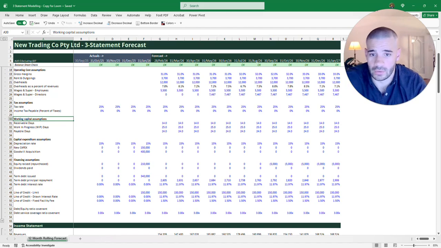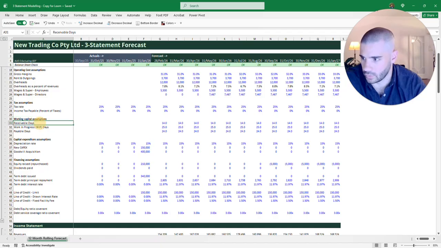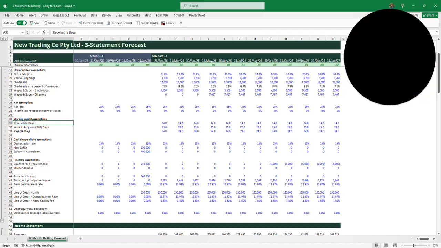Working capital assumptions. This is a really big one, and you need to think about this one a little bit more to make sense of it. Well, let's just work through this. The first one is receivable days. And this is an average figure of how long it takes to get paid. So if you think about that, 14 days means that we have,